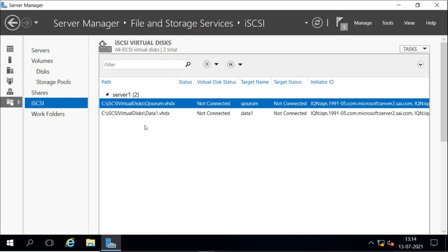Now what we have to do first is connect this storage from both the servers, server 2 and server 3. So make sure that both servers are connected. Then we can go on to configure the cluster. So now I will go to server 2 and 3 and connect these shared storages.